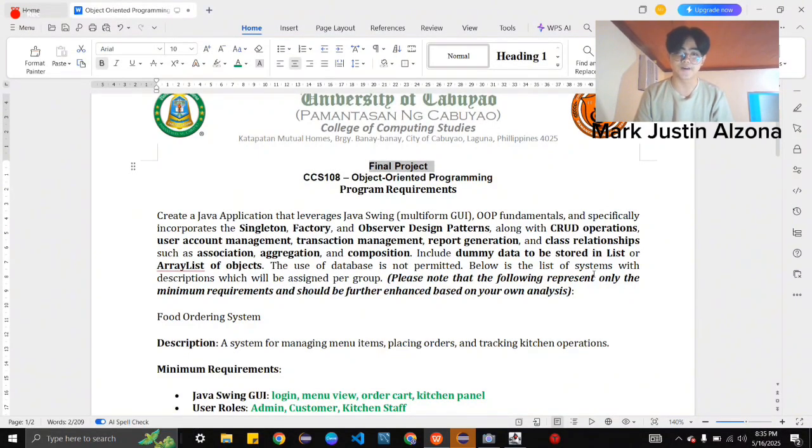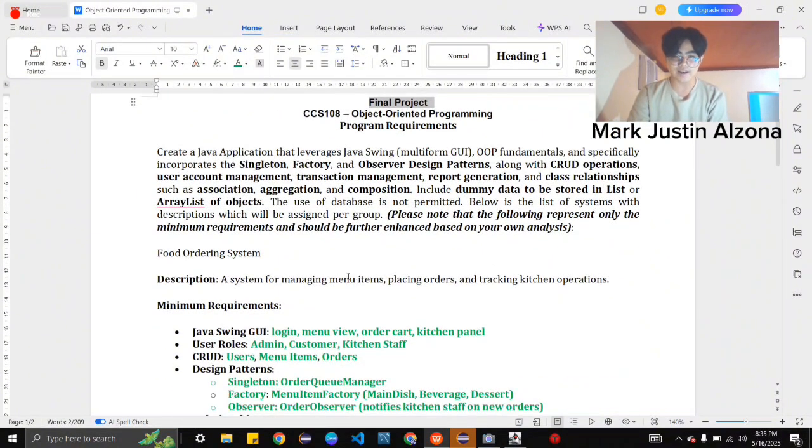Welcome to the final project of CCS 108 Object-Oriented Programming. Today we will be tackling the hardest project I've ever done in my history of programming as a young developer and soon to be professional developer in University of Cabuyao, partaking in the Bachelor of Science in Information Technology. By the way, my name is Mark Justin Alzona, the leading man in this project, and today we will talk